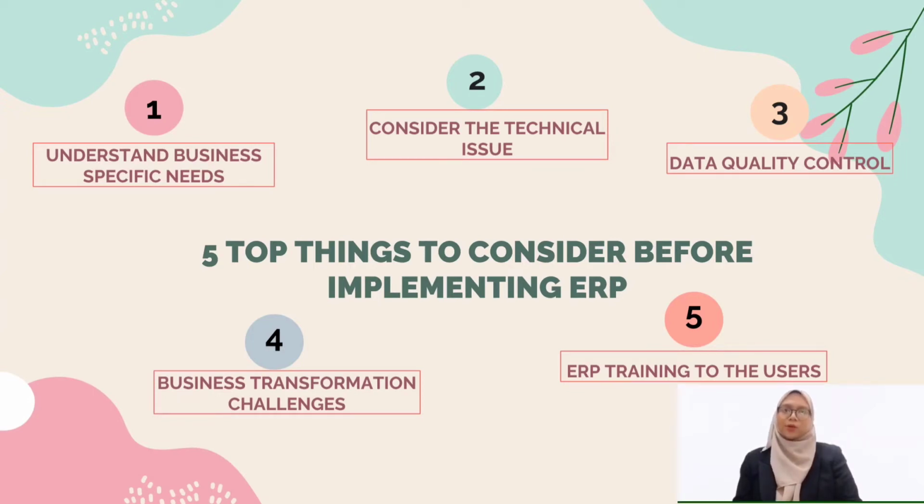Lastly, ERP training for the users. A successful ERP implementation depends on the users and their willingness to adapt to the new system and processes. Sometimes it can be difficult to change company culture, so it's critical that the new ERP is handled from the top down. Managers and executives must be fully integrated into the system in order for their subordinates to follow in